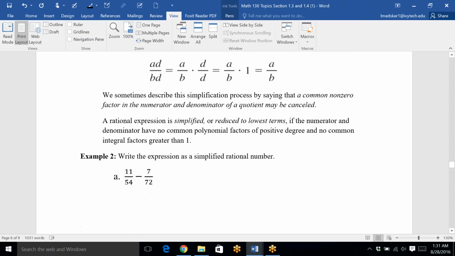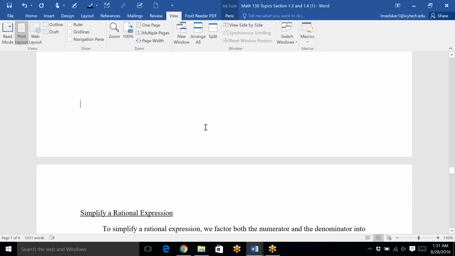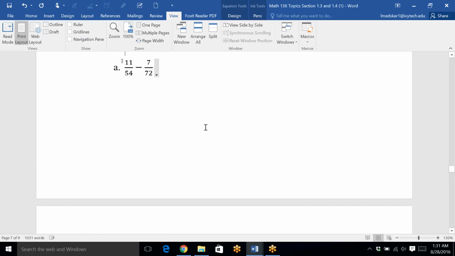So a rational expression is considered to be simplified or reduced to lowest terms if the numerator and denominator have no common polynomial factors of positive degree and no integral factors greater than 1. So let's look at a very simple first example. This has no